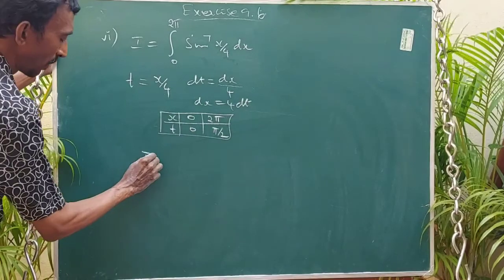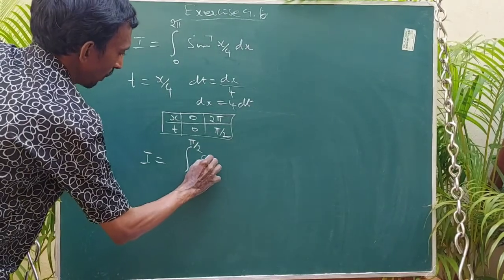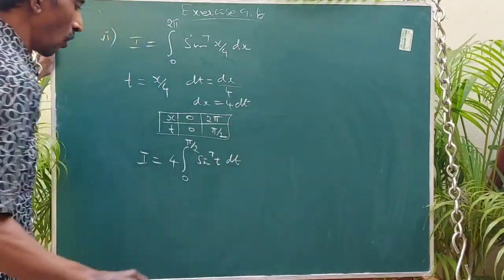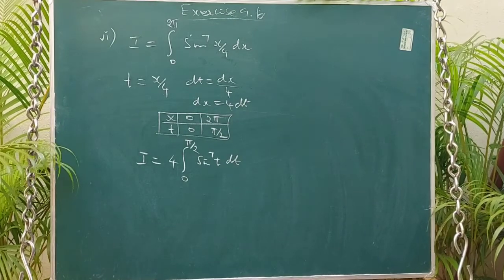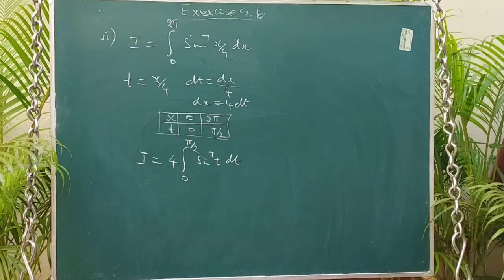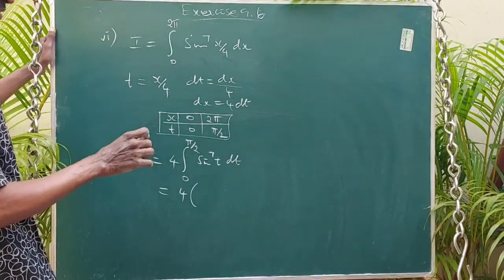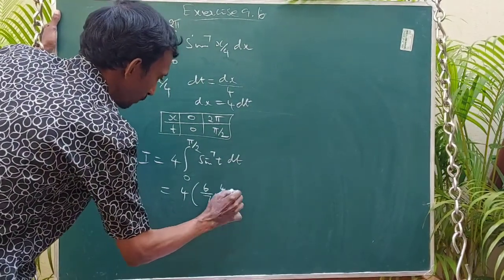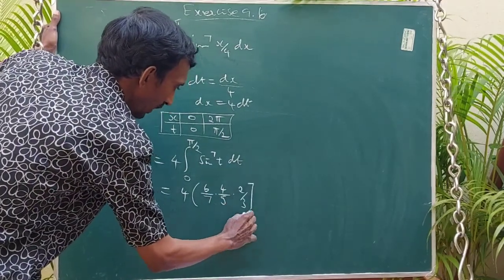Okay, the given integral can be written as, okay, integral 0 to 90 sin power 7 t into 4 dt. I am taking that 4 outside. So 4 into integral 0 to 90 sin power 7 t dt. Again apply the reduction formula for odd number. Anyway, no need to differentiate between odd and even. Okay, so 4 into n minus 1 by n. Remember the first step, that alone. So 6 by 7, okay, 4 by 5, odd number. So 2 by 3 comes, stop it. So 2 by 3, okay, that's all.